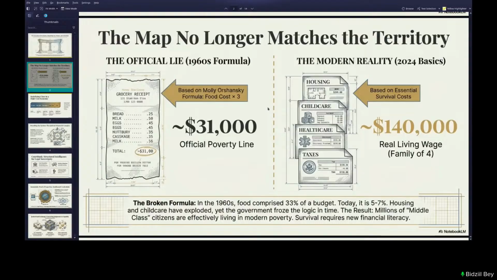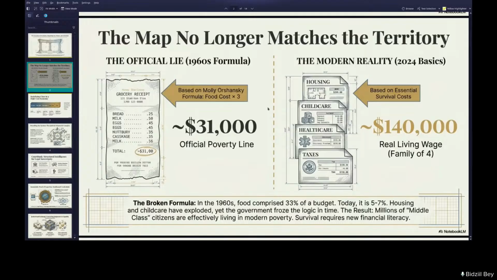But the economy has completely flipped since then. And this is the crucial point that renders the Orshansky metric obsolete. Today, food is one of the smallest expenses for a working family. It represents maybe 5 to 7% of the total budget. Right. Meanwhile, housing, healthcare premiums, childcare, transportation, servicing debt, and taxes have all just exploded, taking up a disproportionately larger